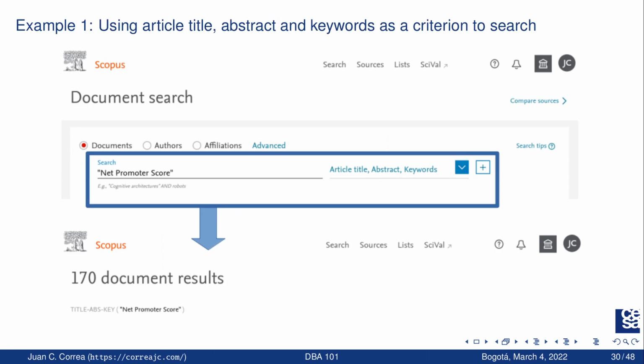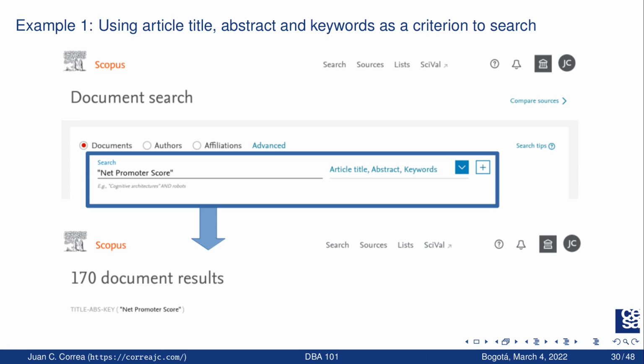Here I am in Scopus, and I wrote Net Promoter Score, with the criterion search in the article title, abstract, and keywords. And the result was 170 documents that met that particular criterion.